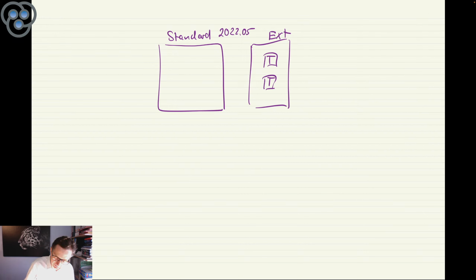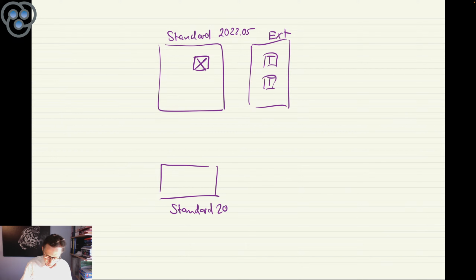And then you do here in the standard a modification. Just for an example. So this is now the problem, because then if SAP has another release like standard 2023-05, and it has the same piece of coding,